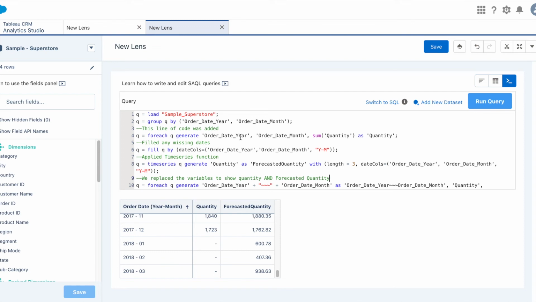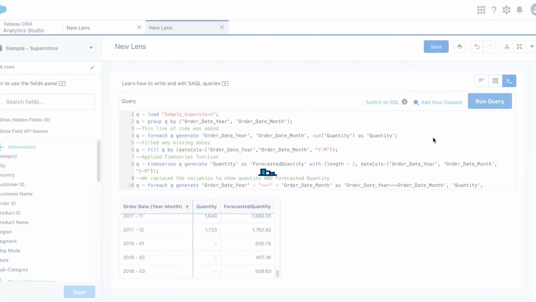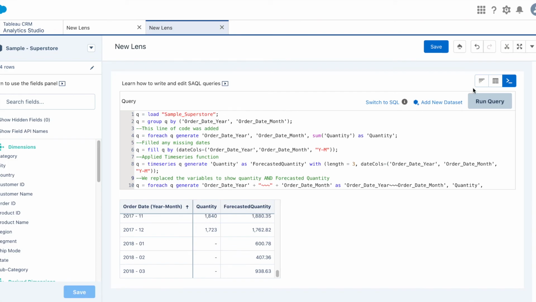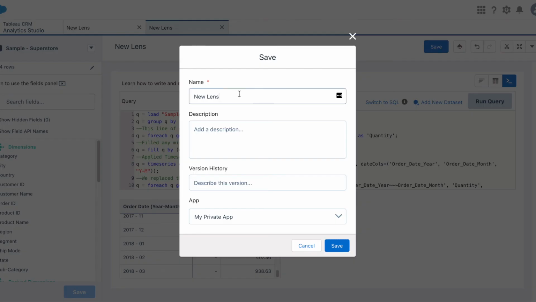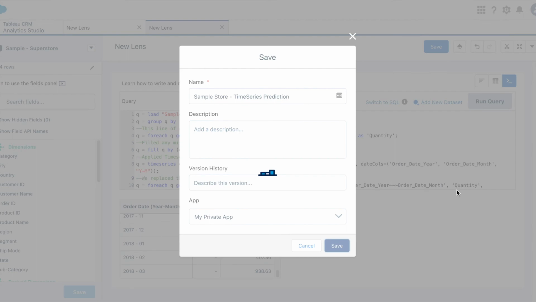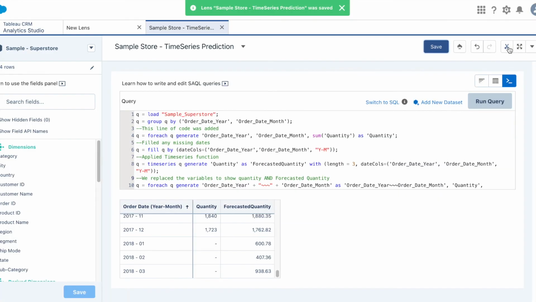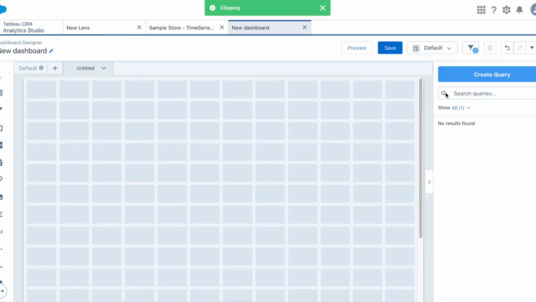That's it. Okay, so I'm going to run this query once again. Okay, I'm going to save this query. I'm going to call it sample store time series prediction. Okay, click on save. Let's clip this to a designer. Okay, let's add this here.